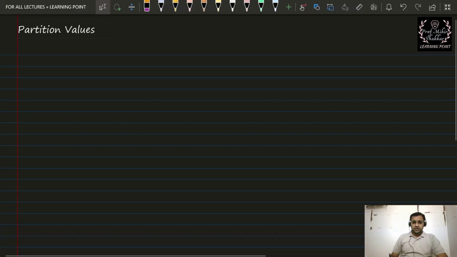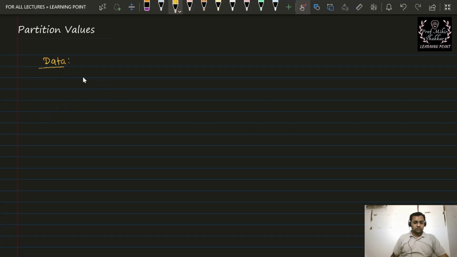Hello guys, we are starting today with a very important topic, partition values. But before actually starting the chapter partition values, there are some basic points that we need to understand in this chapter because it is a part which is related to statistics. Now, whenever you talk about statistics, the very first and the most important thing that we should be knowing is something called as